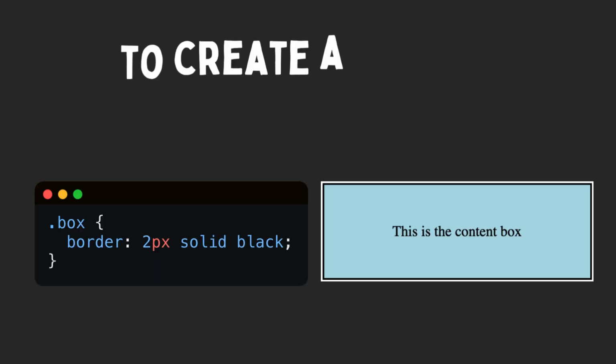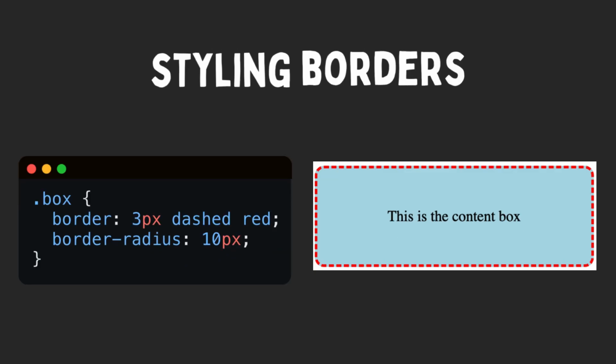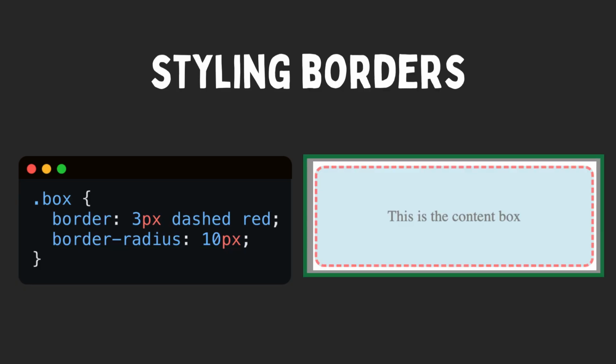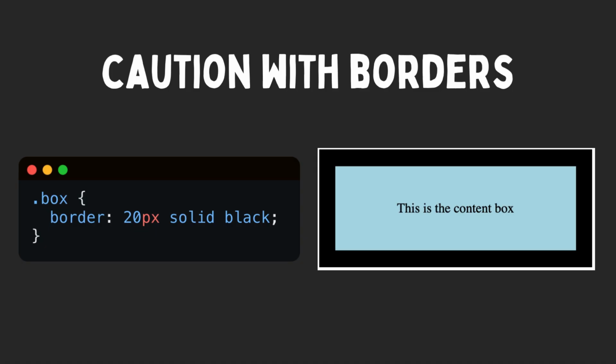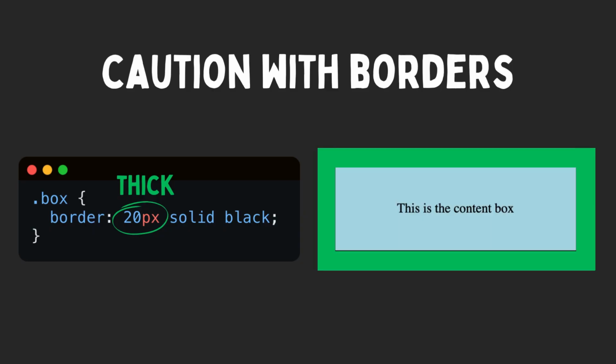Border. Borders wrap around the padding and content, giving structure to your elements. To create a border, define its width, style, and color. You can style each side of the border separately or round the corners with border radius. Here's an example of both. Be careful with thick borders as they can overpower your design. For instance,